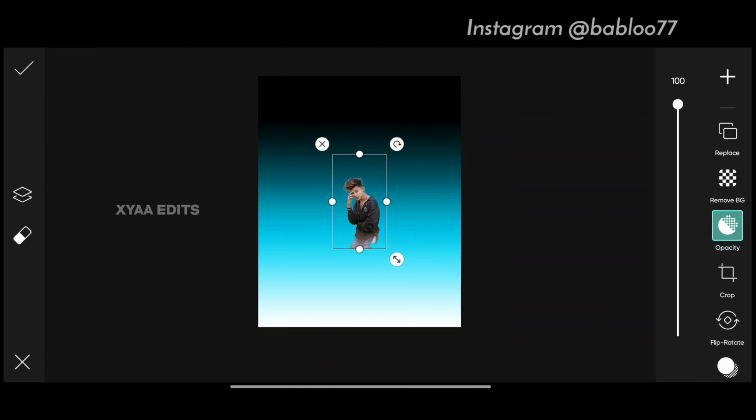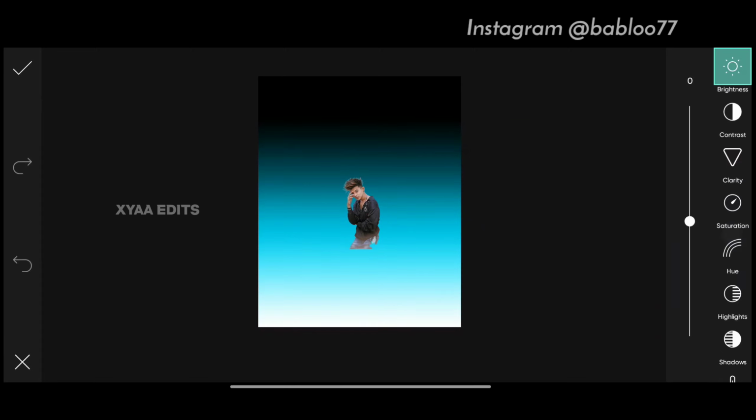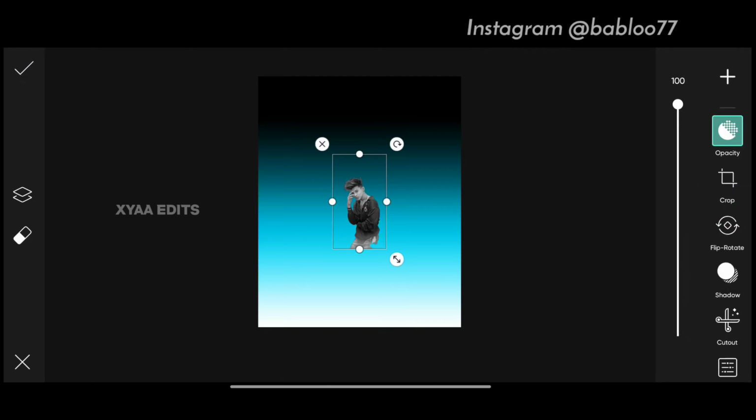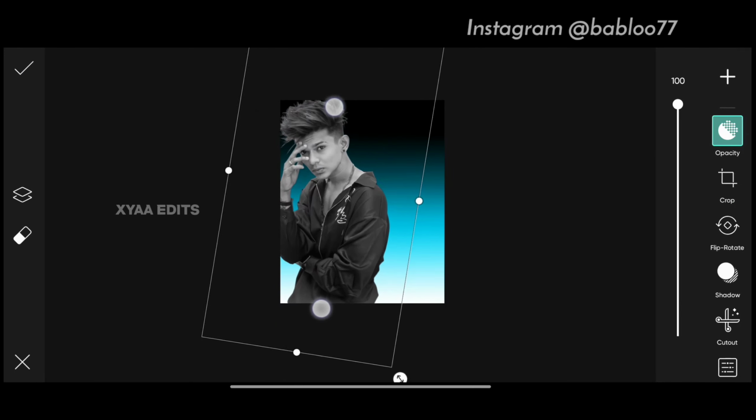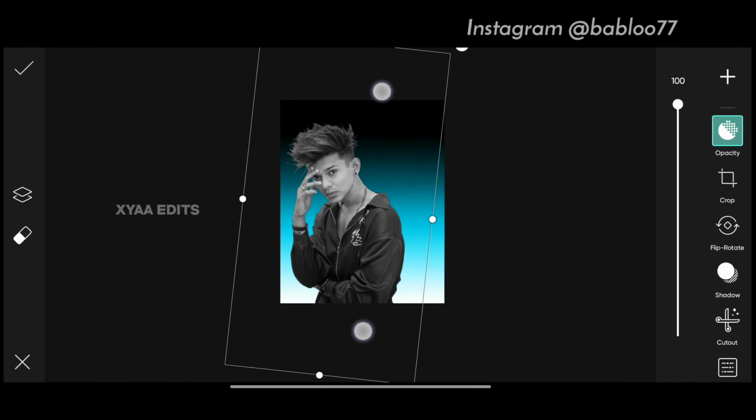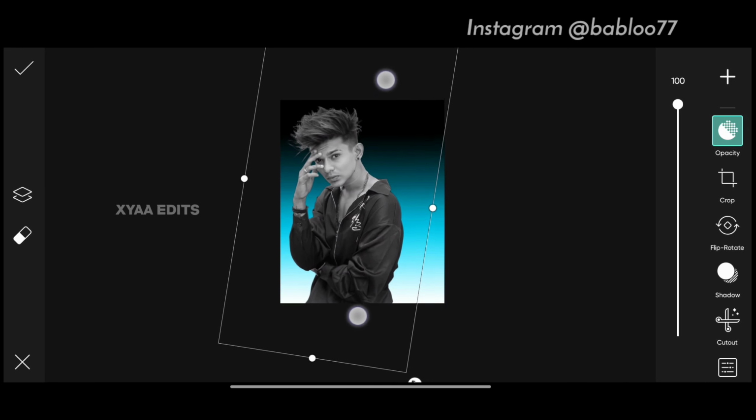The first step, you have to scroll up and select the adjust option. Now select the saturation and decrease the saturation to -100. Okay, now tap on tick mark. Now stretch out, and you have to arrange this model perfectly in this portion here. Okay, you have to arrange it in this portion.